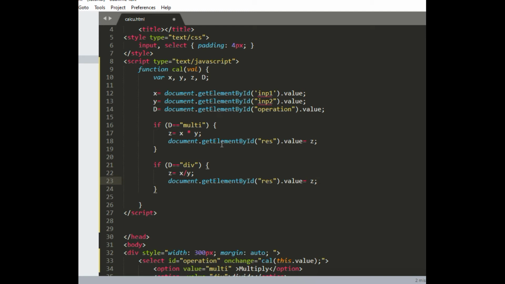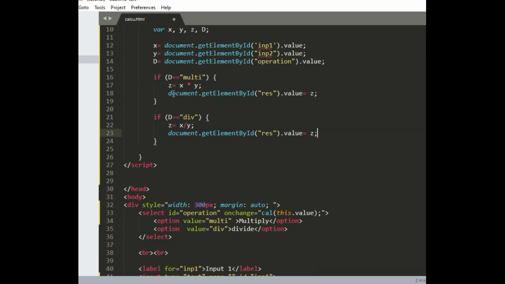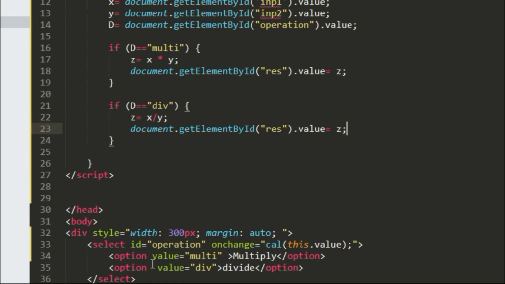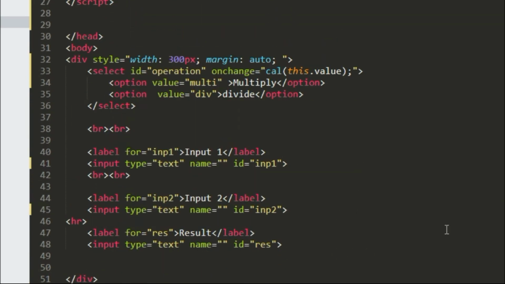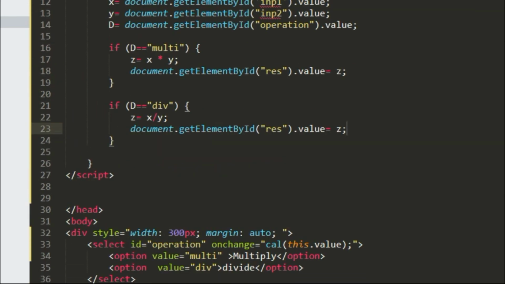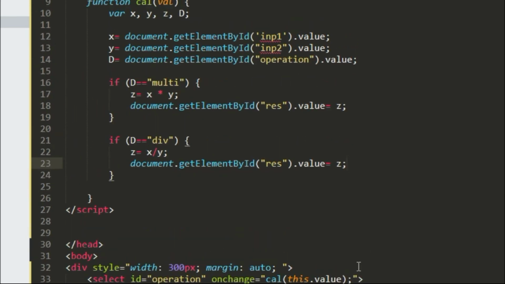So you got the idea. We are getting the value of the first input field in the variable x, and the value of the second input field in the variable y, and then as per the select option, which denotes multiplication or divide, we do the operation and then replace the value in the result input field. So it's that simple. Now let's check the result.